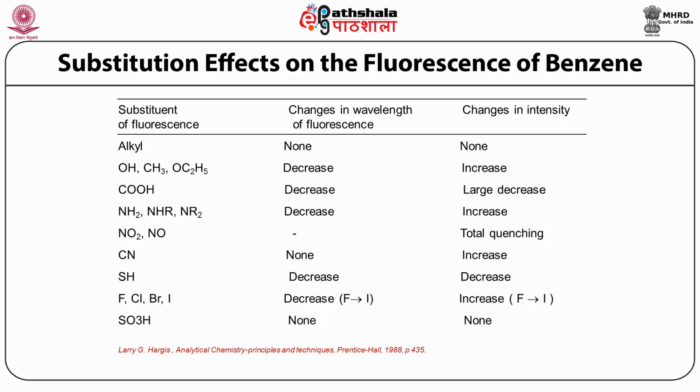However, the nitro group doesn't have any impact on the fluorescence shift, but it causes total quenching, so a decrease in fluorescence intensity is observed. The cyano group doesn't cause any change in the wavelength, but it increases the fluorescence intensity. However, the thiol group causes a decrease in both wavelength as well as intensity. Chloride, bromide, iodide and fluoride cause a decrease in wavelength from fluorine to iodine and an increase in the intensity from fluorine